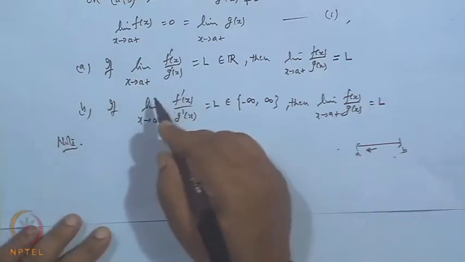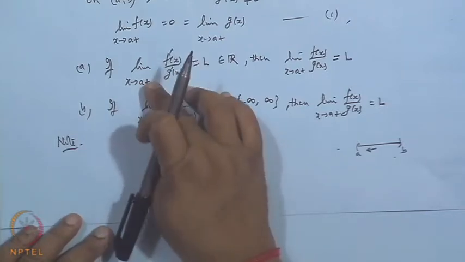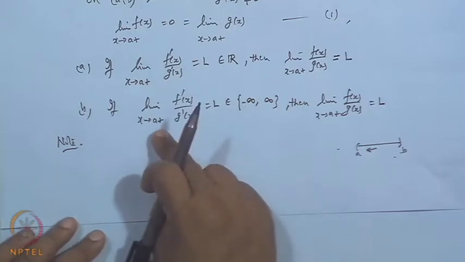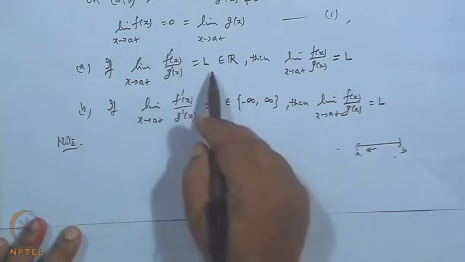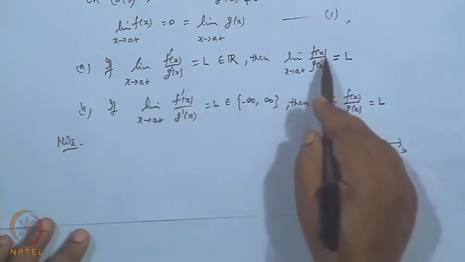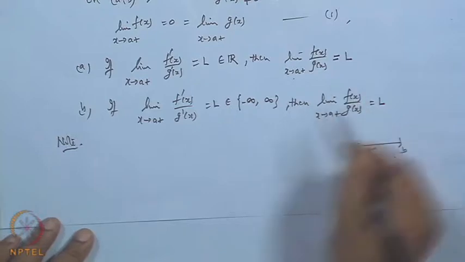If the function has a limit at the point x equal to a, then we can replace a plus by a like this. So, if the limit of f prime over g prime as x tends to a is L, then the limit of f x over g x as x tends to a will also be L. So, in case